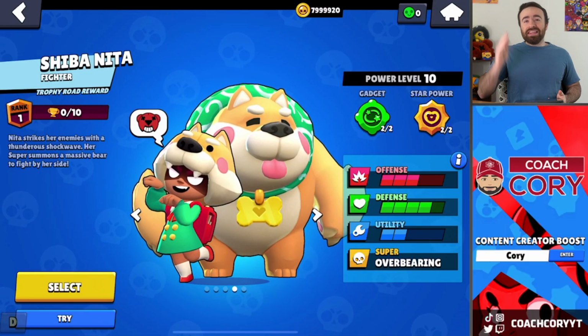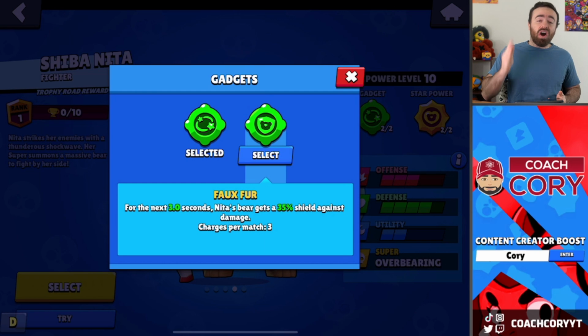But which one should you vote for? Well, let's go over the gadgets. Oh, and honestly, all of these gadgets are really unique, so this is probably going to be a pretty tough vote. Let's start off with Nita and her new gadget, Fox Fur, which whenever you use this gadget, as long